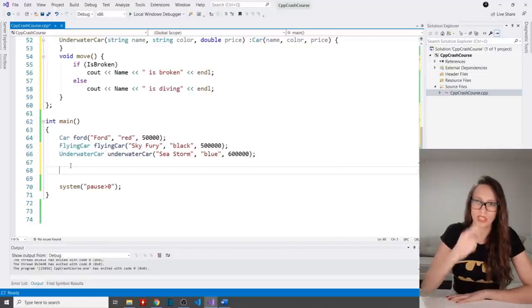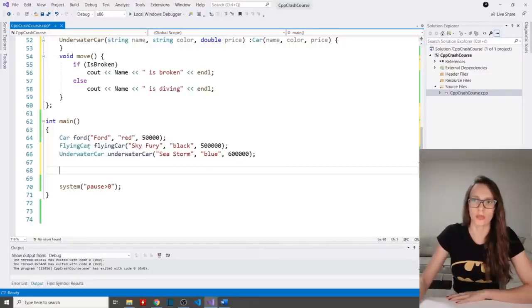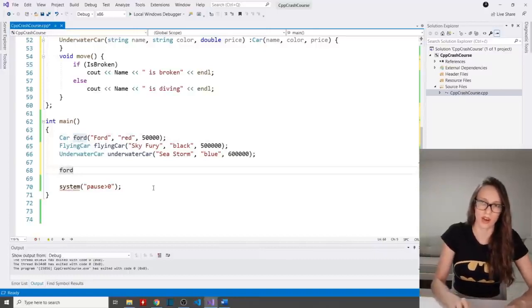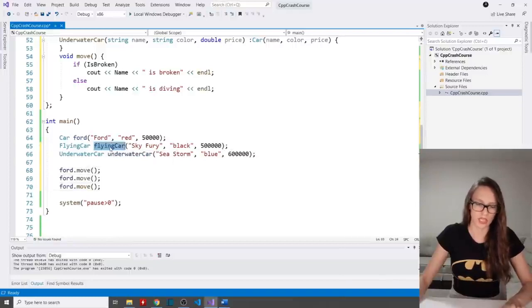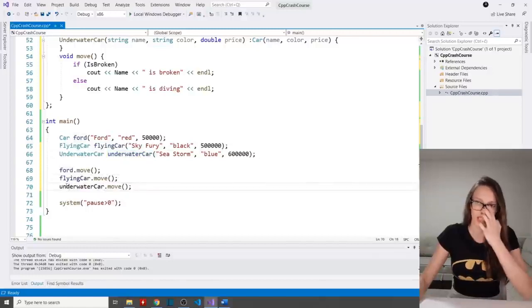I'm going to invoke this method for these three objects. I'm going to copy my Ford, that is just the base car class, and say Ford.move like this. Then let's copy this two more times, and I'm going to invoke the same method for my flying car, and then the same method for my underwater car, like this.